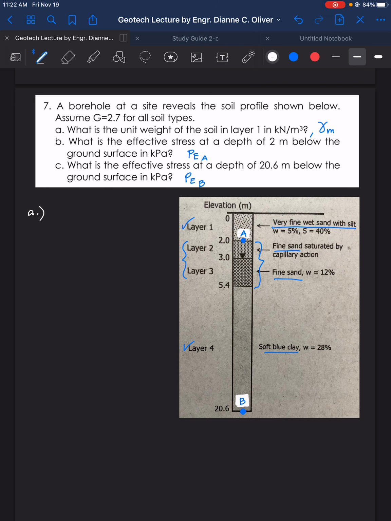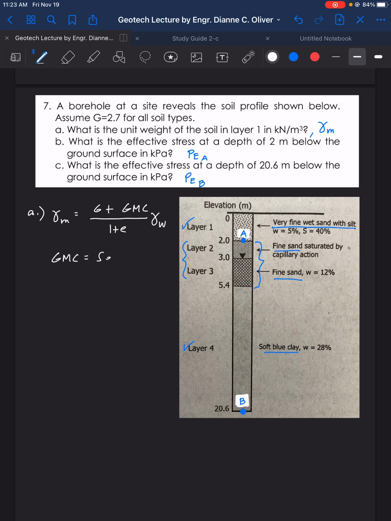layer 1, gamma M. So, gamma M is equal to (G plus, since given here is moisture content, so G times MC) over (1 plus E) times gamma of water. Now, the problem here is, what's the value of E? But given S, so we can solve it by the formula